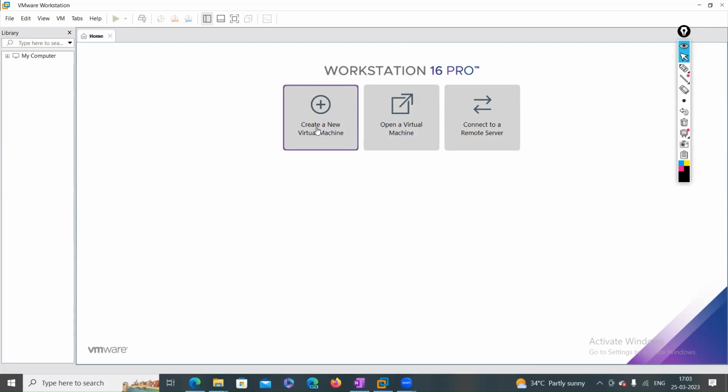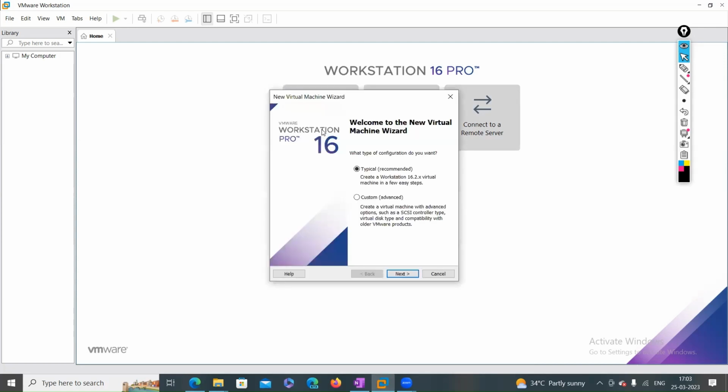But here with an ISO file, you need to allocate all the hardware resources, and you need to select where your operating system goes. You need to install that operating system into the virtual machine, right? Everything you have to do yourself. And go to create new virtual machine. We are going to install that EVNG